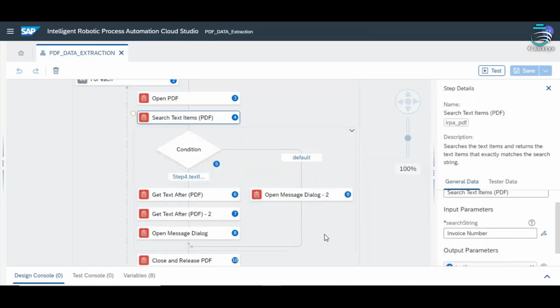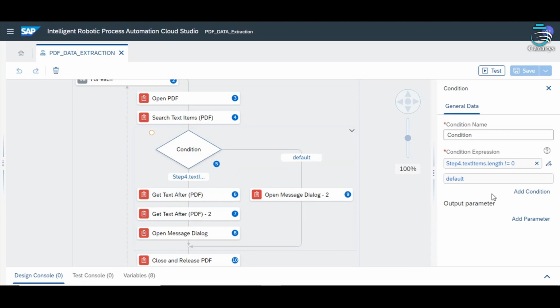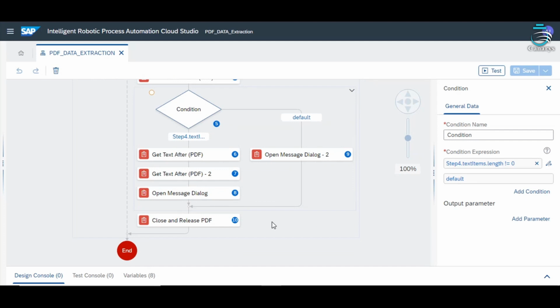Next in the condition I have given that the previous search text item value should not be 0. If it is 0, then it is considered as non-invoice document. If it is not equal to 0, then it is considered as invoice document.